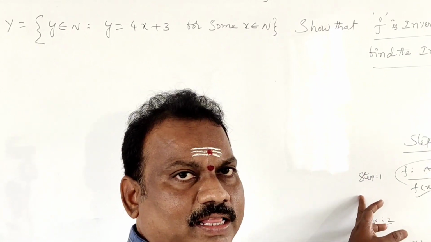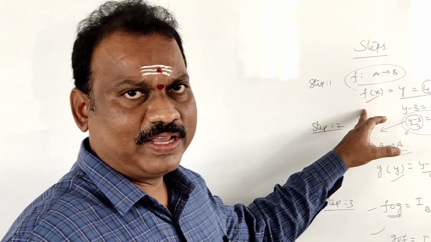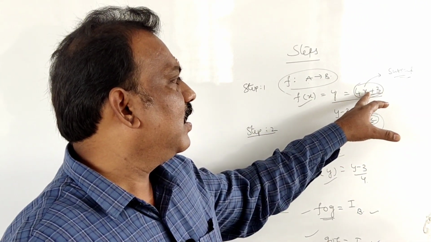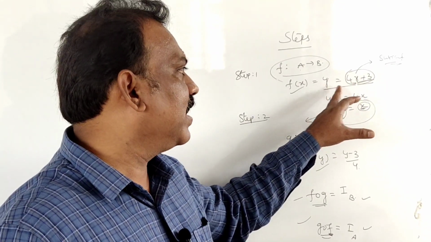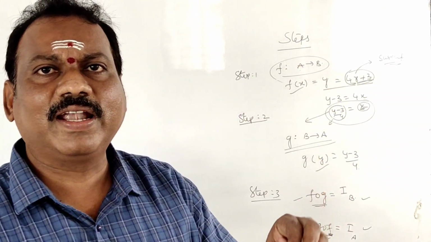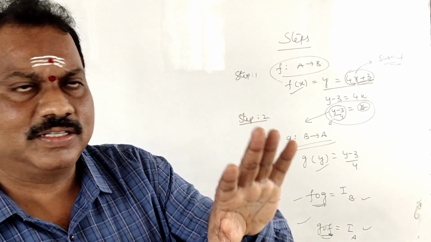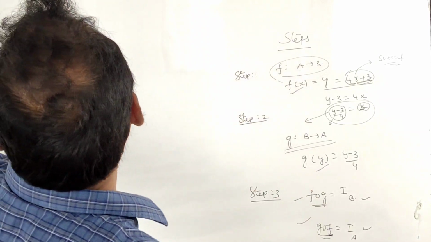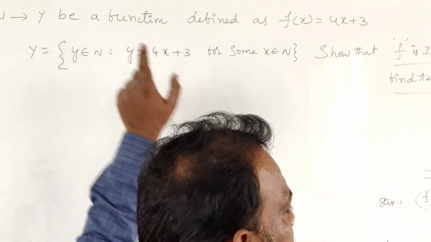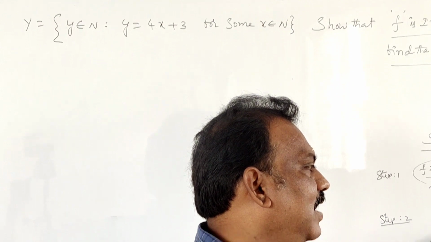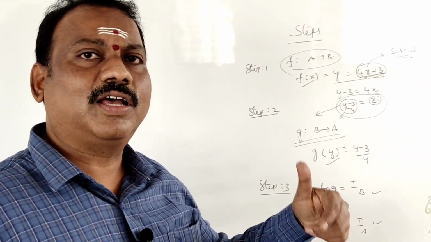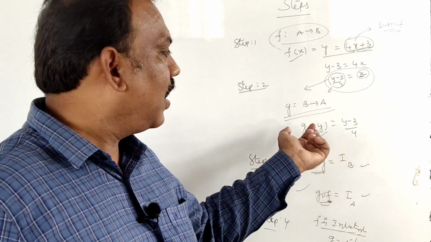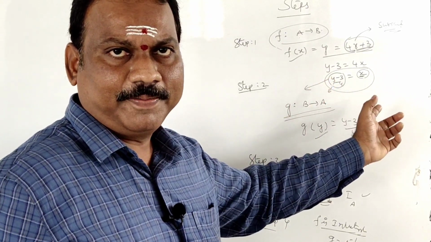First step, they will give f function and f of x. You have to convert this function, y value in terms of x. Y is an element in codomain. Remember, students. So we take y to be an element in codomain. What is codomain in this function? Capital Y. So you have to make x the subject, with value in terms of y. That is taken as one new function g. How it maps from B to A.